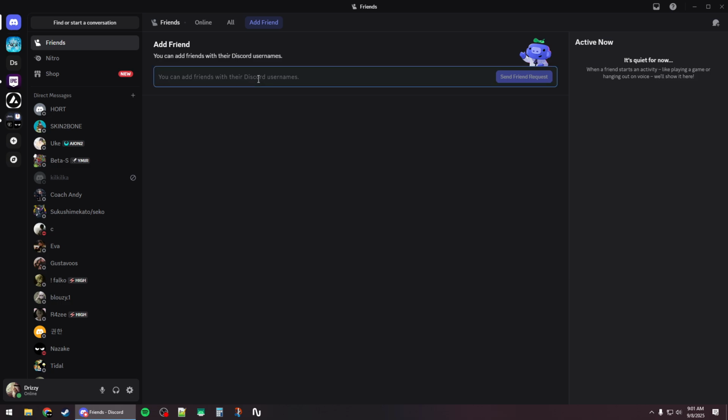So for example, it might look similar to this, or in the old format with hashtag and 4 numbers, but mostly the new way of adding friends is only a username, but previously it was like a name with a hashtag. You need to type it here and then simply send friend request, and it will tell you whether the request